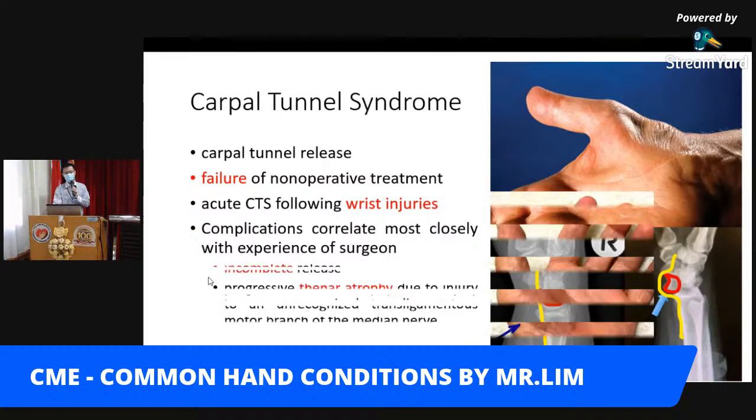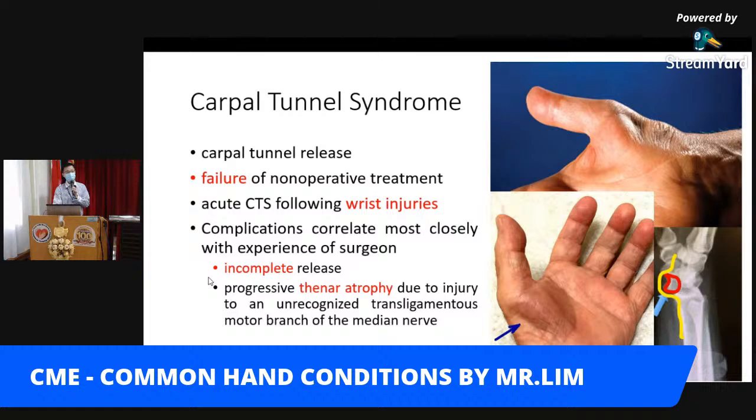The complications of a carpal tunnel release also have to be explained to the patient, because the most common complication is incomplete release. The release of the carpal tunnel is incomplete, meaning the transverse carpal ligament is cut but maybe a little bit of fiber is left there, not fully cut. So it leads to persistent symptoms,